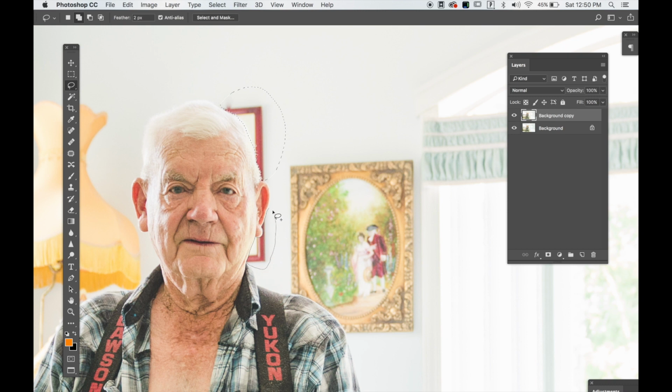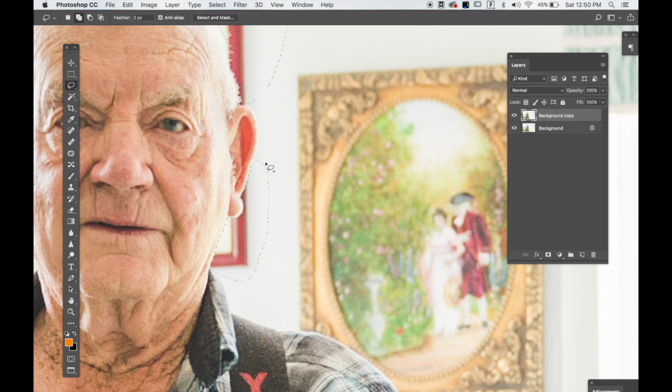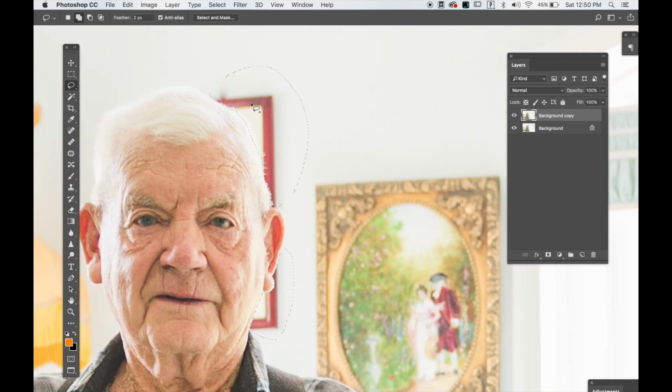If you want, you can zoom in a little closer as well, just to double check. That's looking good. Nice. I really like that. And maybe I want to do a little bit down there, and maybe a little bit up here. Cool. So by making this kind of precision mask beforehand, it's going to make getting rid of the distraction a